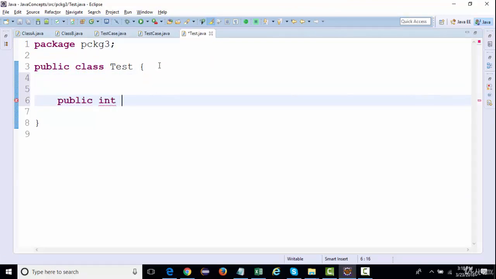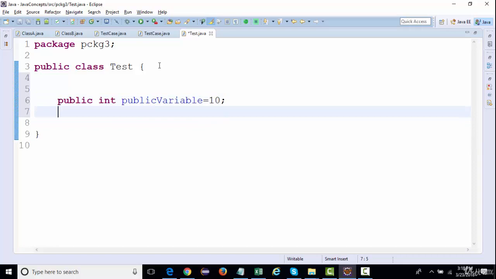I'll name the very first variable public variable. See, I'm giving the same name to the variable purposely, so that we should be able to see what we are calling with these names as per the access modifiers that we have defined. So I'll say private int and private variable, and I'll give it a value as 20.